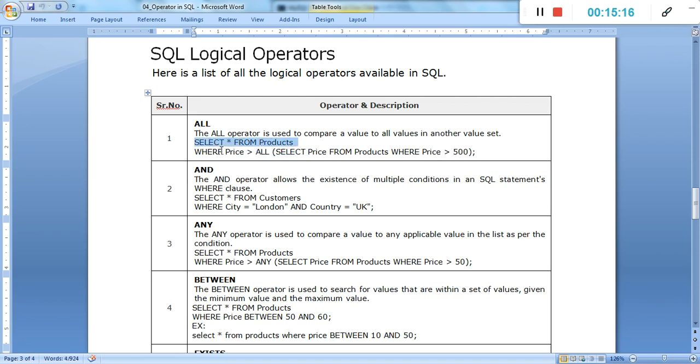Then select from the product where the price is greater than all the prices which are greater than 500. It compares against the two sets. Okay, that is simply the process. With the help of all, we will understand it in a practical session, the all logical operator with practical examples.